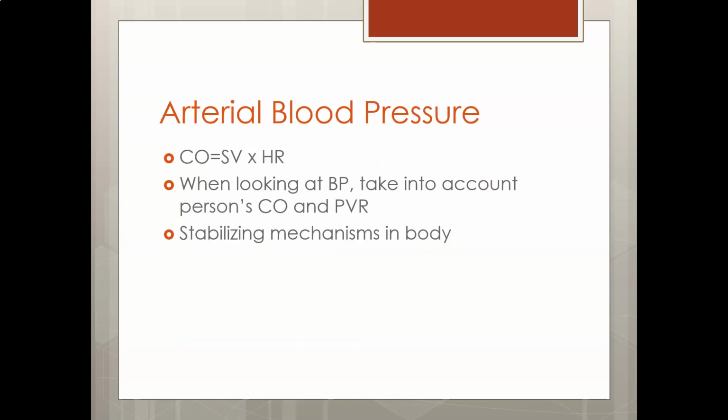So moving on, what is blood pressure? Well, when we're talking about hypertension, we're talking about arterial blood pressure. And when you look at blood pressure, you need to look at both the cardiac output and the peripheral vascular resistance. And that's the vessels, whether it's constriction or dilatation. Therefore, anything that increases peripheral vascular resistance or your heart rate or your stroke volume increases your blood pressure, and vice versa. So anything that decreases vascular resistance or decreases heart rate or decreases your stroke volume would lower your